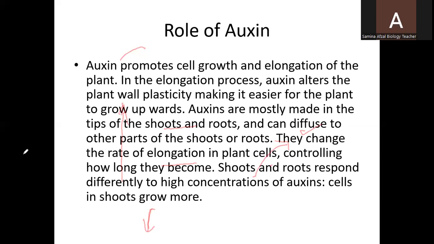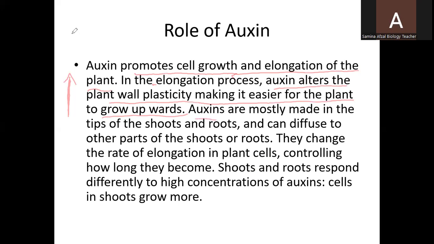When the plants grow, hormones are involved. The growth hormones in plants are called auxin, and auxin promotes cell growth and elongation of the plant. How? In the elongation process, auxins alter the plant cell wall plasticity, making it easier for the plant to grow upward. You can say it is evenly distributed. Auxins, when produced, evenly distribute, and in this way the growth of the plants will take